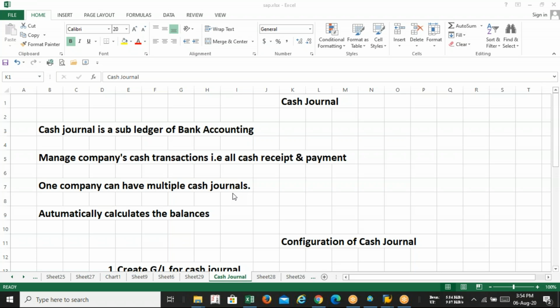Say for example, I need to deposit some amount, in the sense some cash, to my bank. I can withdraw the cash from the bank. So I think we all know what is the meaning of contra entry. So basically today we are going to configure how to post the cash transaction in SAP. This segment is known as the cash journal in SAP. That is a new thing, new configuration in SAP.